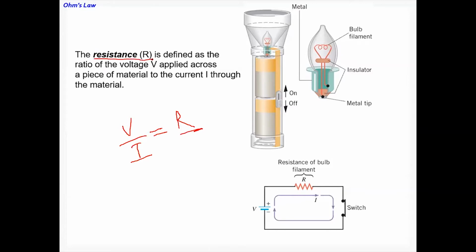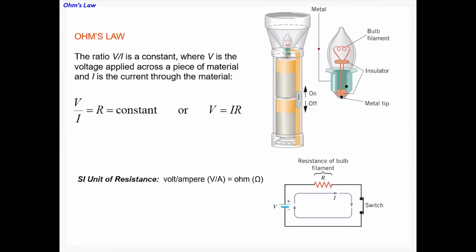So why do you call this resistance? Because this resists the motion of the electrons in the circuit. For instance, if you look at the filament bulb, you'll see this coil part, this kind of coil. This is the resistance, R. All right, so V over I equals a constant.